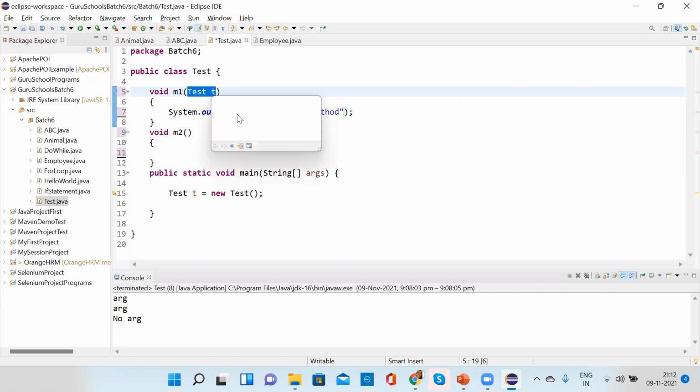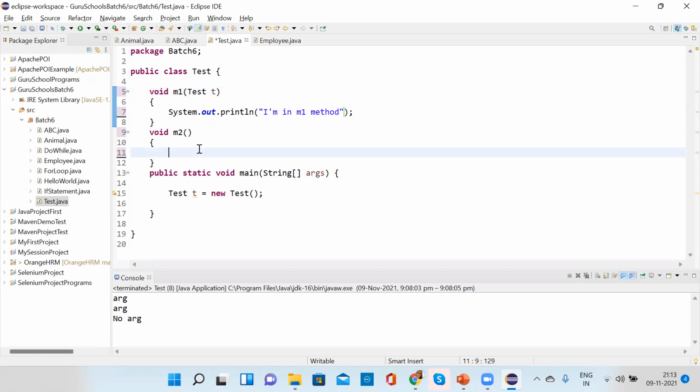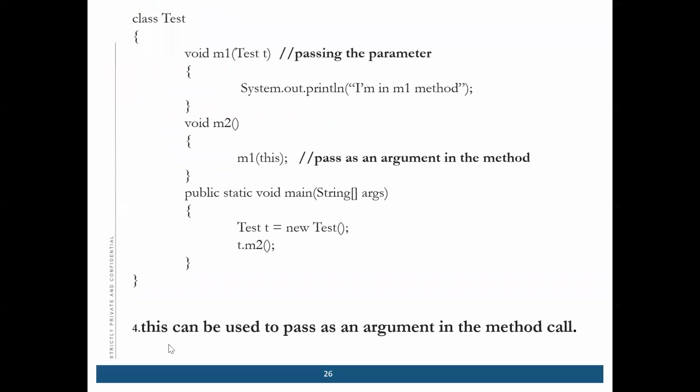Test is a class, so you can write it like Test t. Now I'm calling this as method 1, and inside this I'm passing this. You have seen that this keyword can be used to pass as an argument in the method call. So this is a method call, and we are passing an argument in the method, which is a